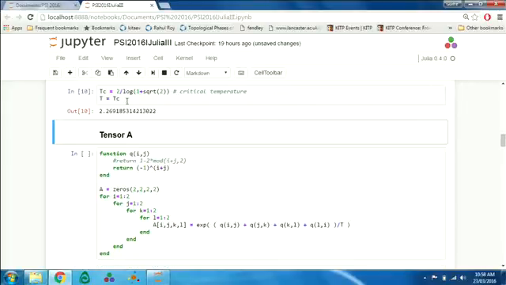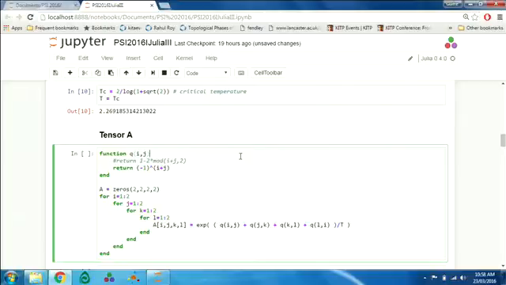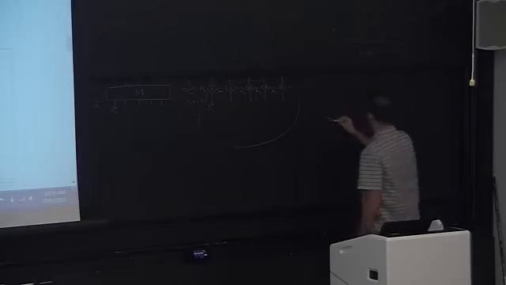Very good. So we define the critical temperature, and from now on we'll just use this critical temperature. Let's see. I told you that we were going to break M into pieces. So let's look at this tensor A, and let's build it. This tensor A is going to be nothing but